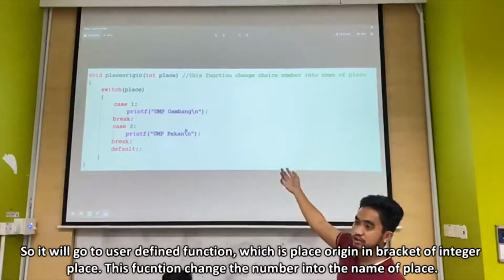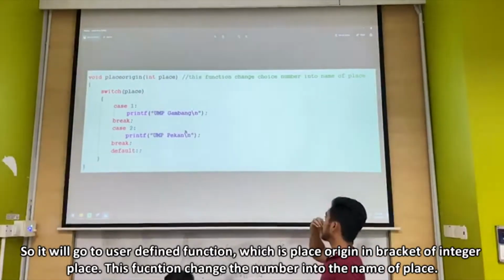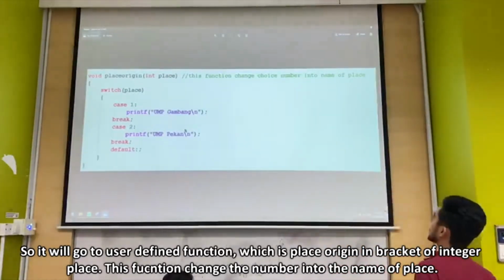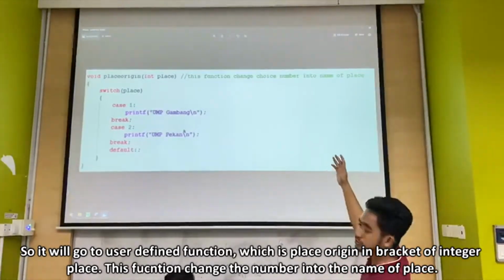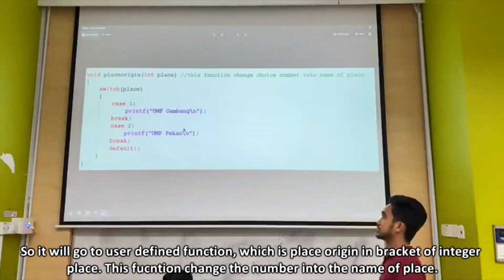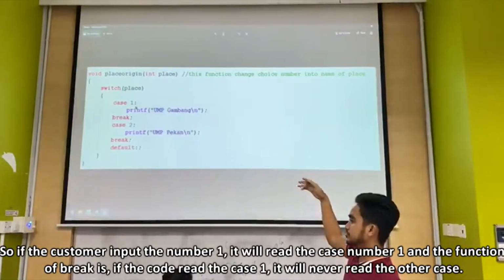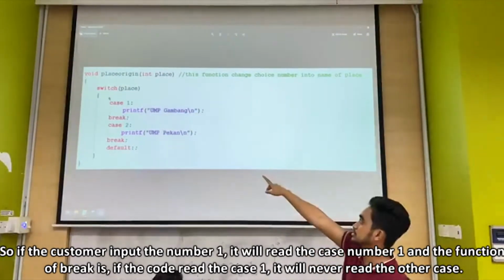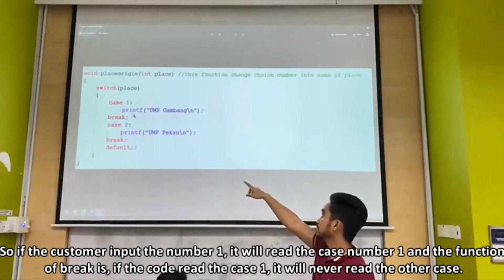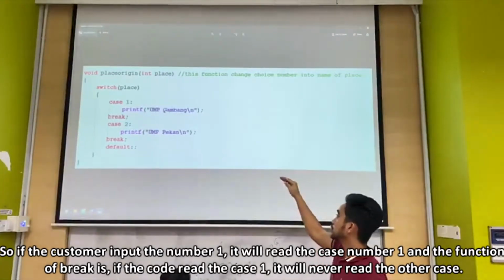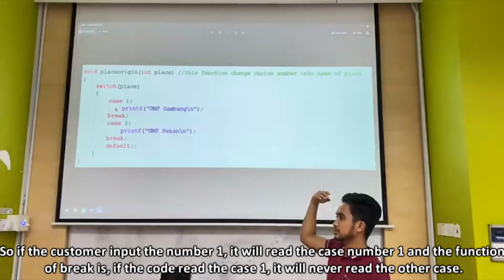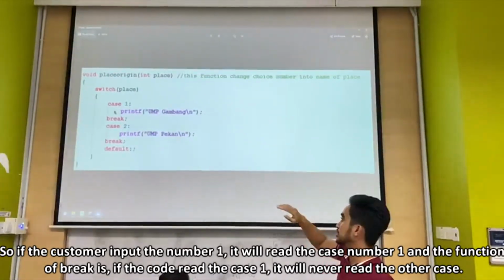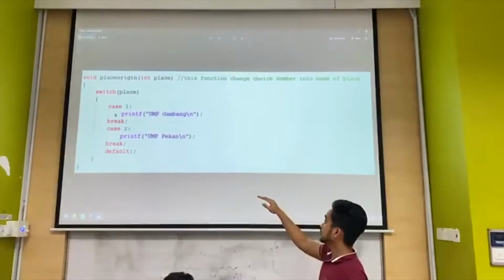It will go to the define function, place origin in brackets of integer place. This function changes the number into the name of the place. If the customer inputs the number 1, it will read case number 1, and the function of break is that once the code has read case 1, it will never read the other cases.